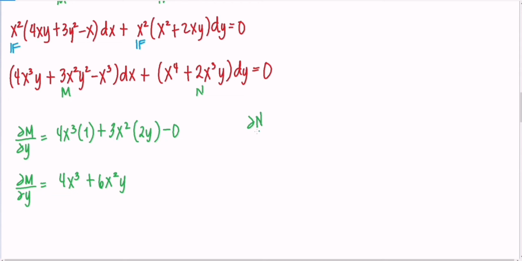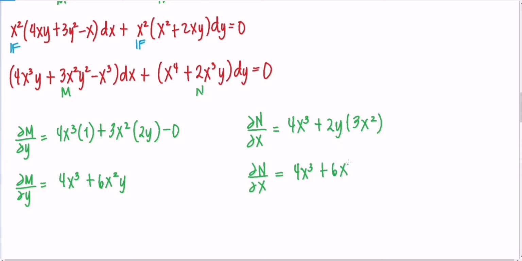So partial derivative of n over partial derivative of x. Ayan. So ito naman, yung ating i-derivative in terms of x naman. So, pag sinabing in terms of x, yung gagawin naman natin constant ay si letter y. So, ito, x raised to 4, i-derivative natin kasi naka-x siya. So, magiging 4x cubed. And then dito, kukopyahin lang natin yung 2y. Ayan, kasi constant sila. At ang i-derivative ko ay si x cubed. So, ang derivative ng x cubed ay 3x squared. Okay? So, to find the final answer for this partial derivative of n in terms of y is 4x cubed